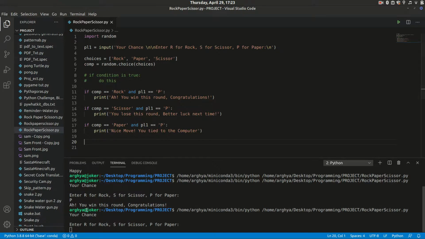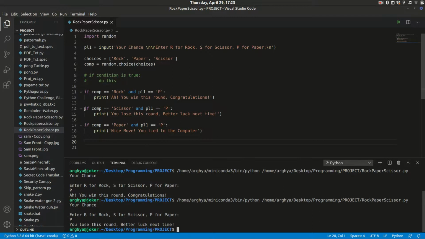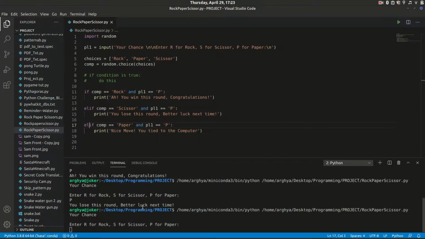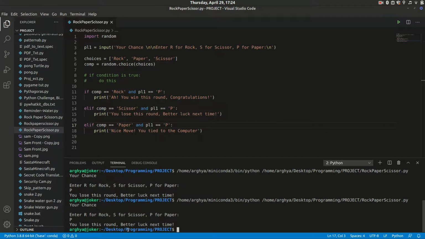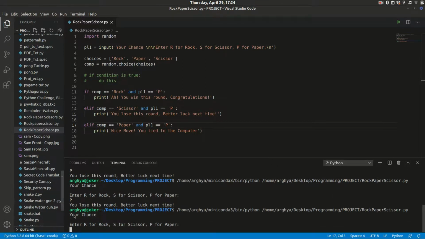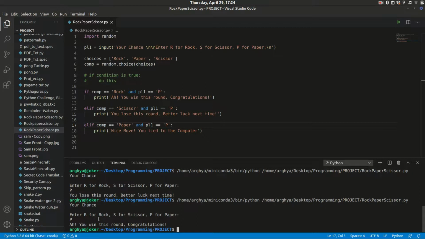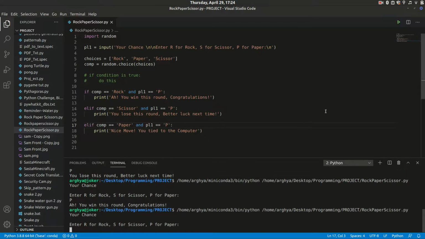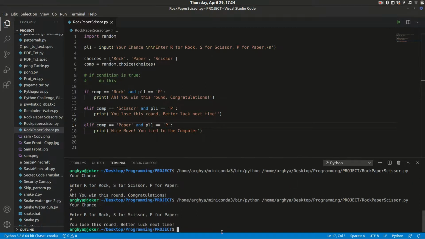Oh, sorry. Actually, elif has to be given here. Elif means else if, actually. P for paper. You lose this round, better luck next time. Let's play some more rounds with P. You win this round. Congratulations. So you can see, right, that